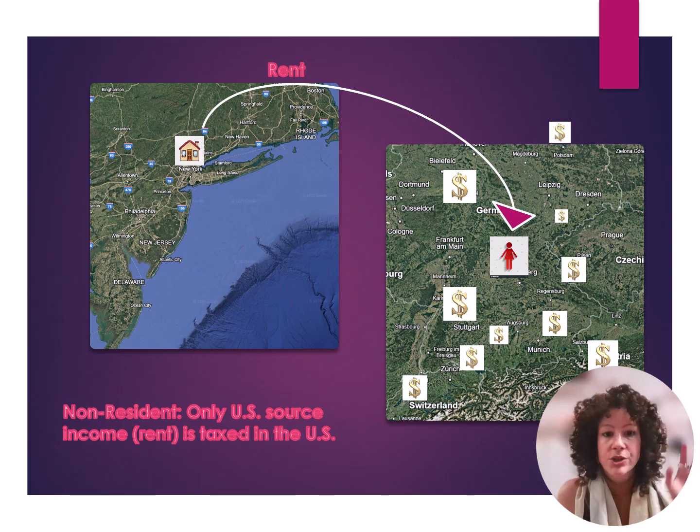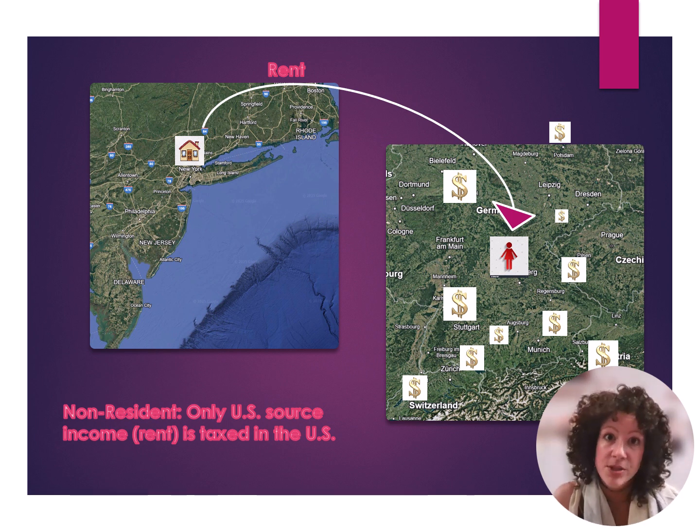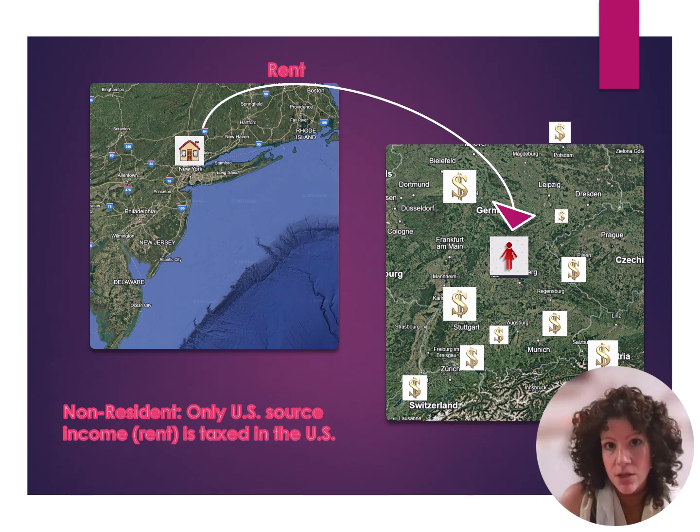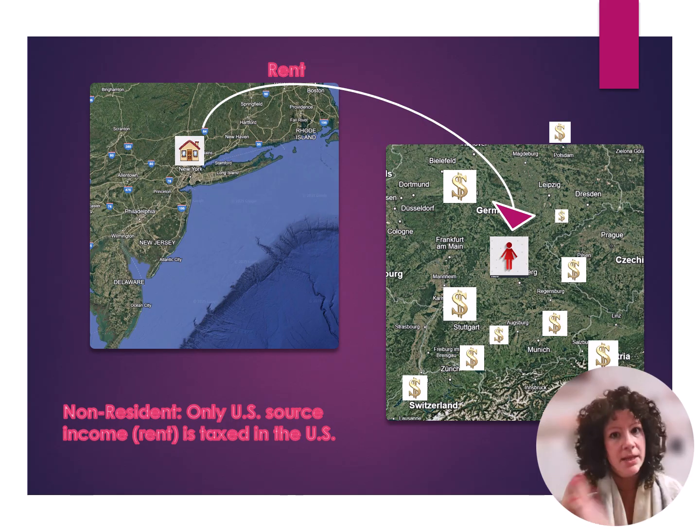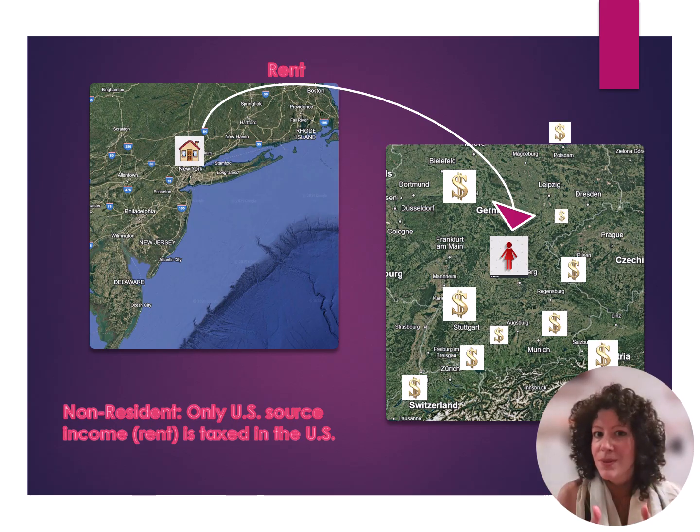So outright ownership of an apartment in New York or a house, whatever you want to call it, she has rental income. Now the US is going to say, hey, your house is in the US, the income is generated from something that you have in the US, therefore we have the right to tax. There are some exceptions to this that I will touch upon in later presentations. But for now, let's just roll with this example as it is.